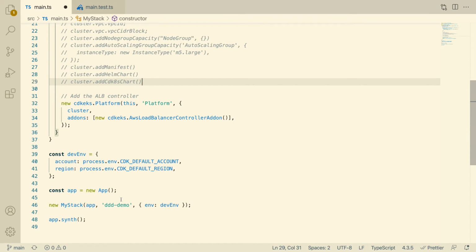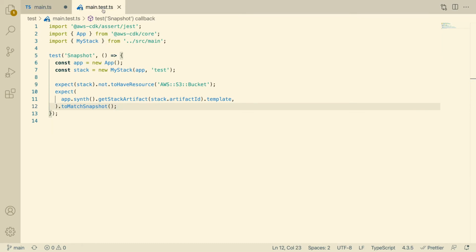And this is a fairly complex abstraction, as configuration is required both at the AWS control plane level for things like creating IAM roles, and also at the Kubernetes control plane level to deploy the controller. But this abstraction handles that low-level complexity for you. So let's look at tests.